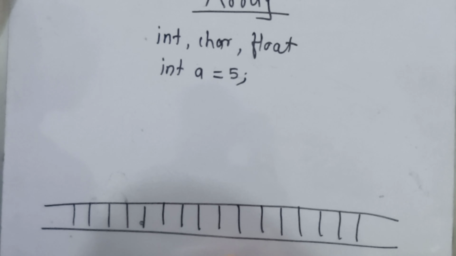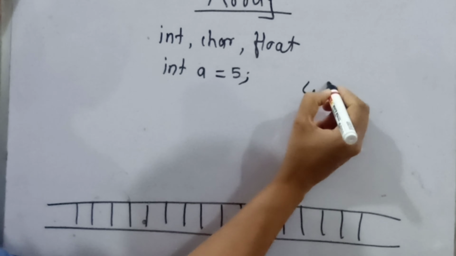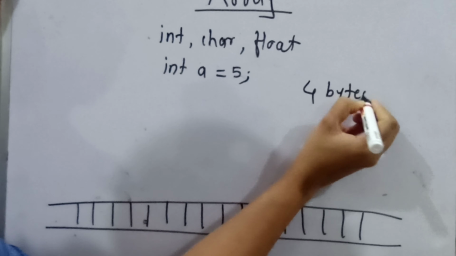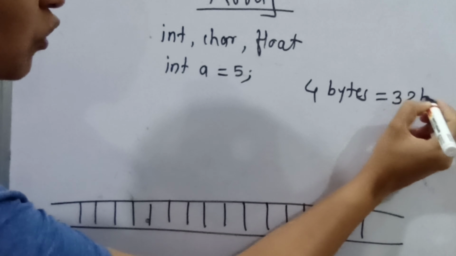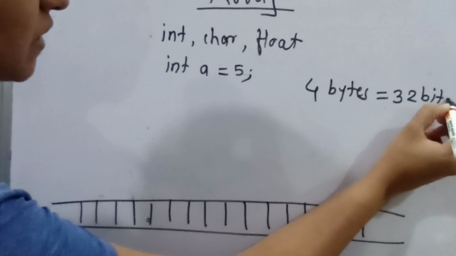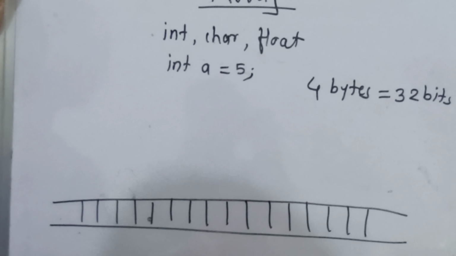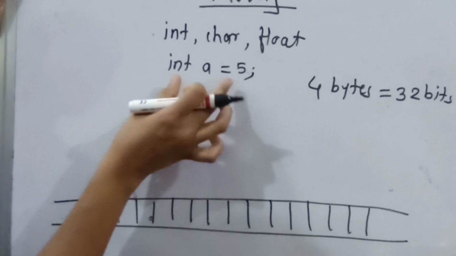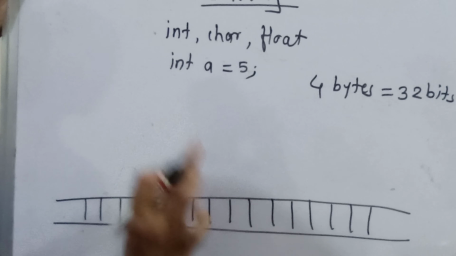Normally in typical compilers an integer is going to contain 4 bytes of memory. 4 bytes is equal to 32 bits, because 1 byte is equal to 8 bits. And now whatever this 5 is, actually this 5 is stored in the binary format in